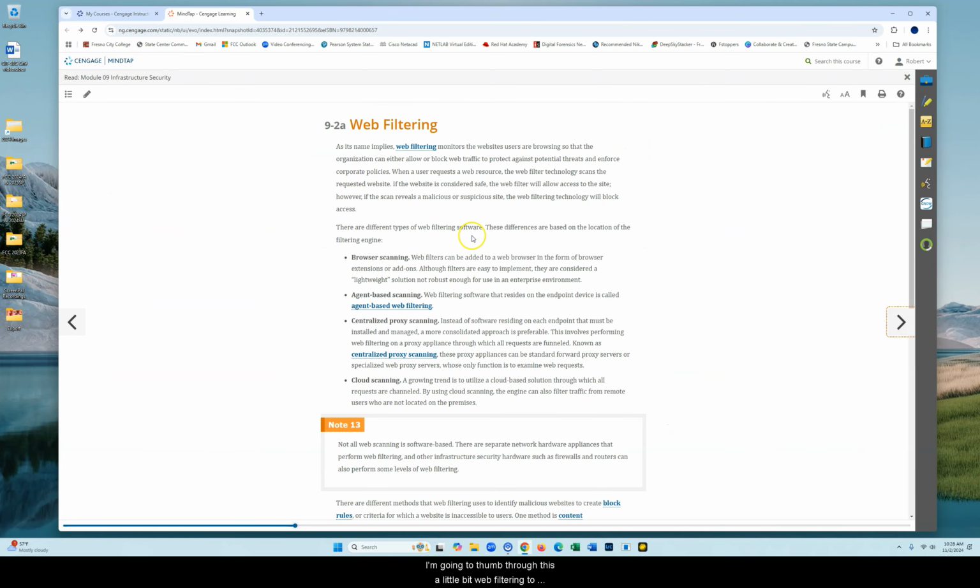I'm going to thumb through this a little bit. Web filtering to make sure users can only get to certain websites. You know, there's a white list and a black list of websites you can go to. That can be very difficult to really maintain and set up to be efficient. And what I've discovered in corporations and businesses, a lot of times the emphasis has changed to employee training and training to